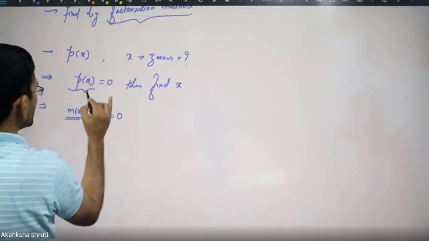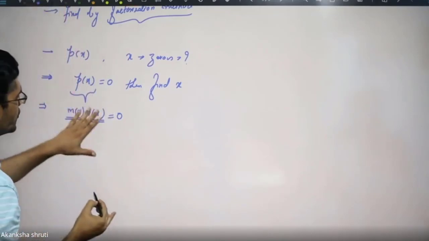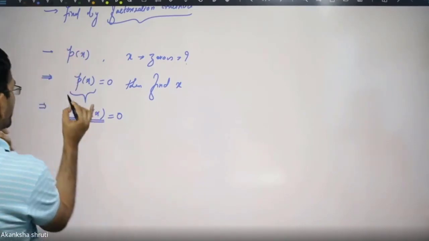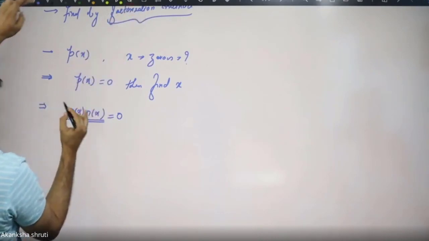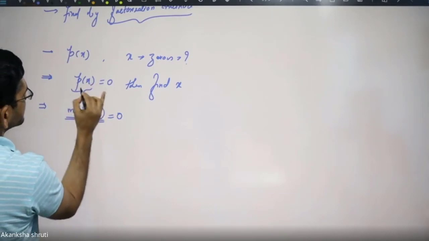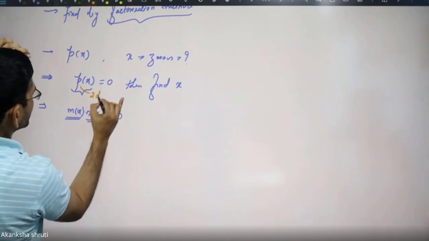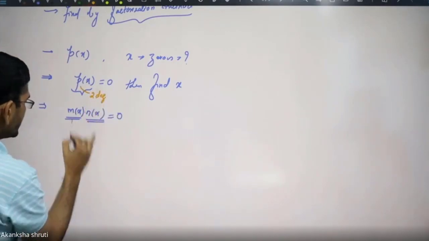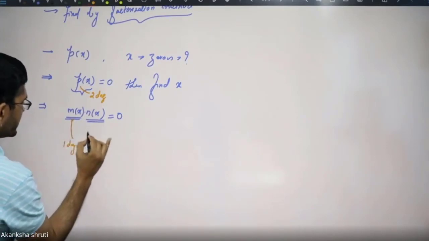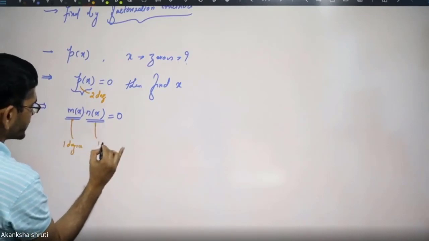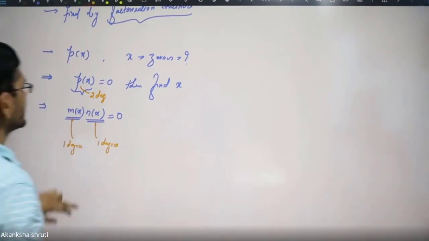Students, this single polynomial has to be broken into two polynomials. This p(x) that you will get is a 2-degree polynomial. But here, each of these will be a 1-degree polynomial. This will also be another 1-degree polynomial. So that, degree-wise, they will multiply. Let us understand this with an example.